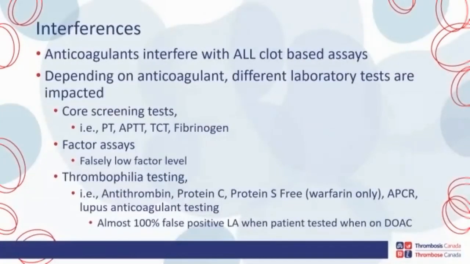So just as a word, interferences: anticoagulants interfere with all clot-based assays. It's an anticoagulant, it's going to prolong our clot time. And depending on the anticoagulant, different lab tests show different impacts. So these are in our core tests. They're also in our factor assays. So we could potentially report out a falsely low factor assay if the technologist does not recognize the presence of